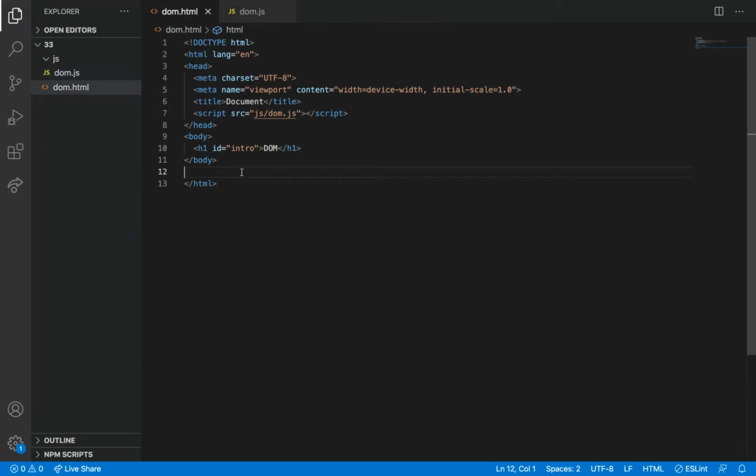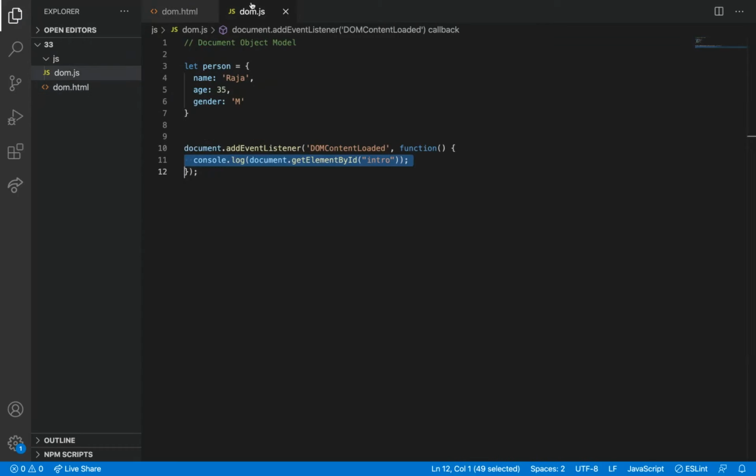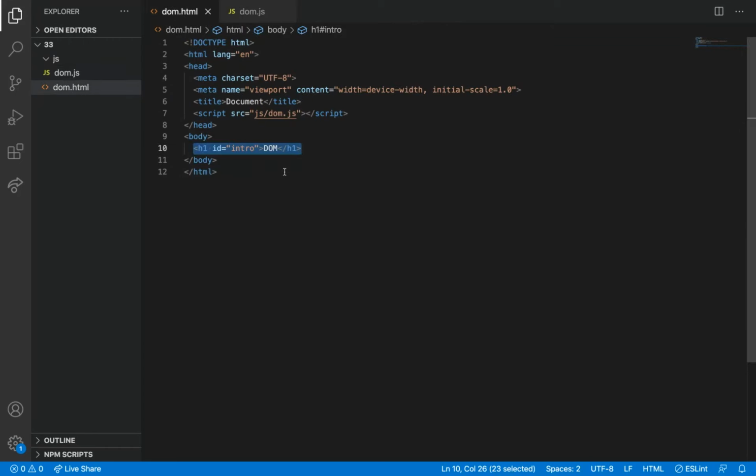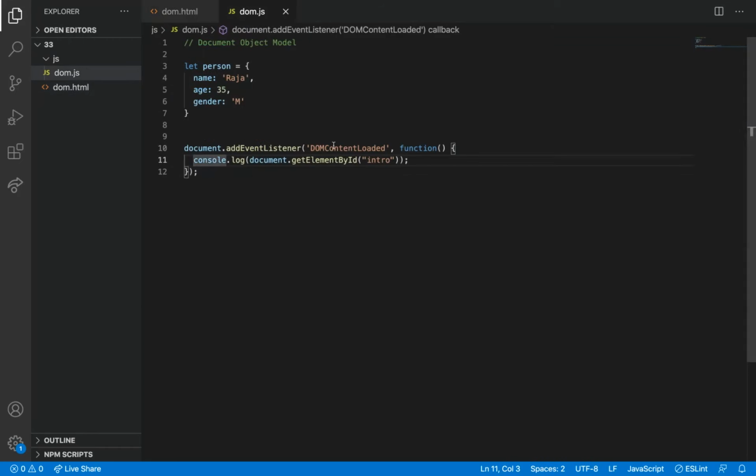the HTML element was not loaded fully. So here it does not know there is an element called intro. So what I did, don't consider this line for now, or else we can use it in the script tag there itself. I don't want to use it in the same page, that's why I gave it here. It's just like they are checking whether the DOM content is loaded. Only after the DOM content is loaded, we are trying to access it.